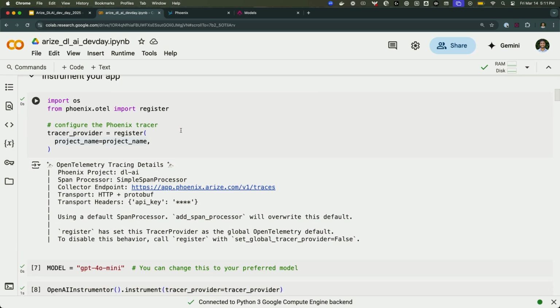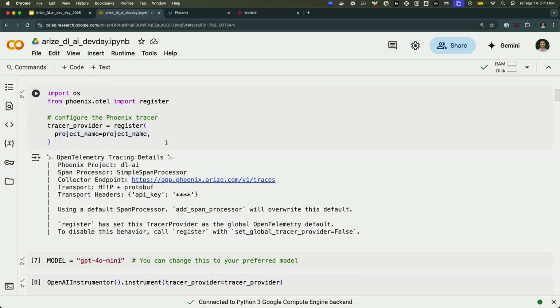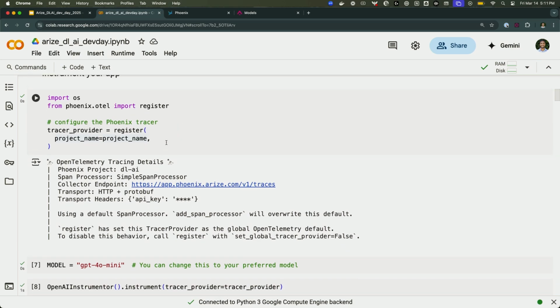Okay, the next step is instrumentation. Instrumentation is pretty straightforward. Think of this as basically, when you're making application calls, how do you actually understand what those calls look like? So it's sort of constructing, if you're familiar with Datadog or being able to create logs from applications, this is that same concept, but for AI applications. So it takes attributes from those application calls and constructs them in a way that we can visualize them in the UI.